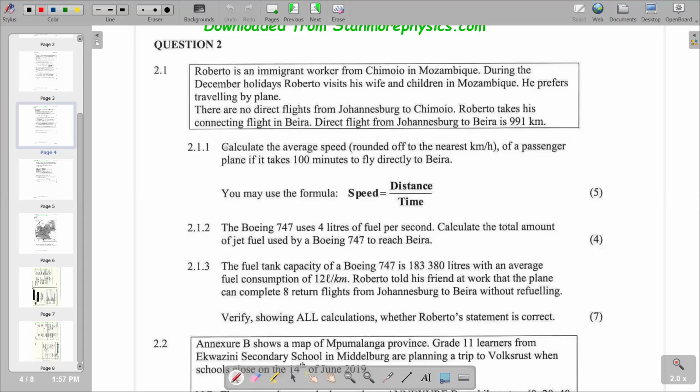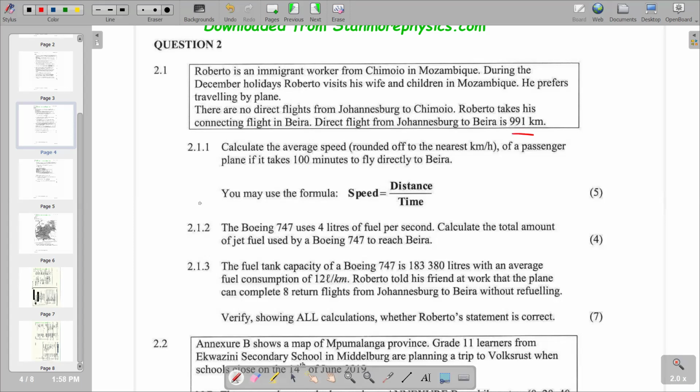So moving on to our question 2, it reads that Roberto is an immigrant worker from Chimoio in Mozambique. During the December holidays, Roberto visits his wife and children in Mozambique. He prefers traveling by plane. There are no direct flights from Johannesburg to Chimoio. Roberto takes his connecting flights in Beira. A direct flight from Johannesburg to Beira is